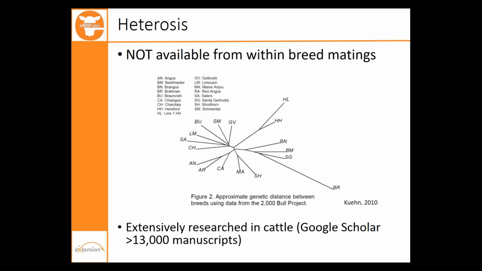And so what you see is Hereford, for example, and particularly line one Herefords, are very different than Maine Anjou. A long branch to the joining point, but also very separate branches of that particular tree. Brahman, the most different, right? And we can think about the speciation of domestic livestock in beef cattle. And we know that Brahman and the Bos Taurus breeds separated maybe 10 or 11,000 years ago is our estimate,